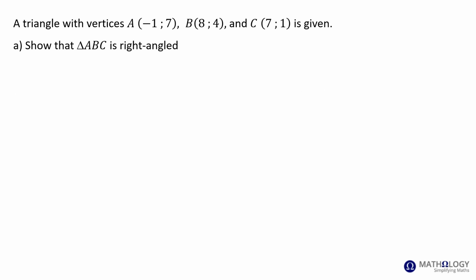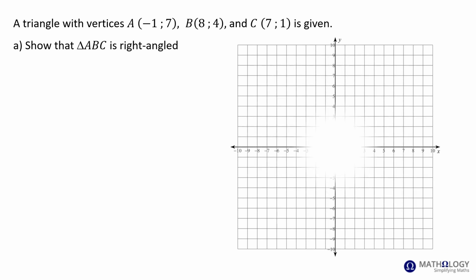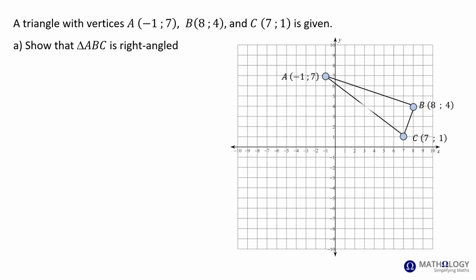As with all analytical geometry problems, it is a good idea to sketch a diagram, to better conceptualize and visualize the problem. It should be clear to see from the diagram that angle ABC is the only interior angle of the triangle that could possibly be 90 degrees. If you do not draw an accurate diagram, you will waste a lot of time in an exam performing unnecessary